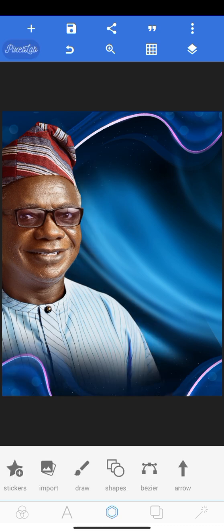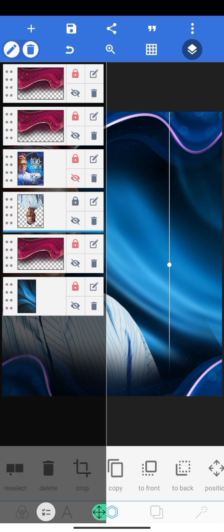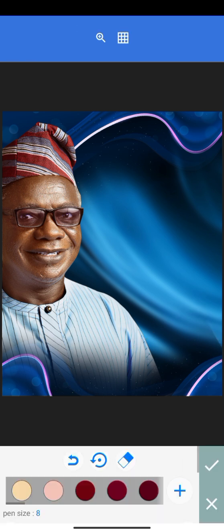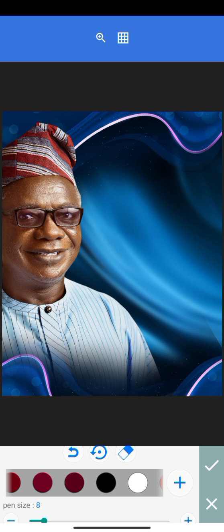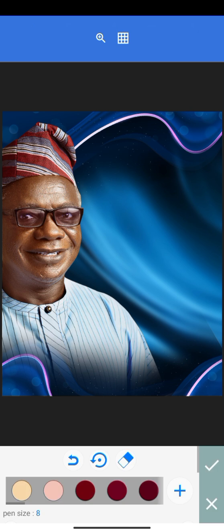And then I'm placing it behind. When you look at my layer, you're going to see that the image is behind these backgrounds. I'm going to highlight the backgrounds now. The image itself has a kind of shadow. So placing it on top of the image, sorry, placing it behind the background makes it look like